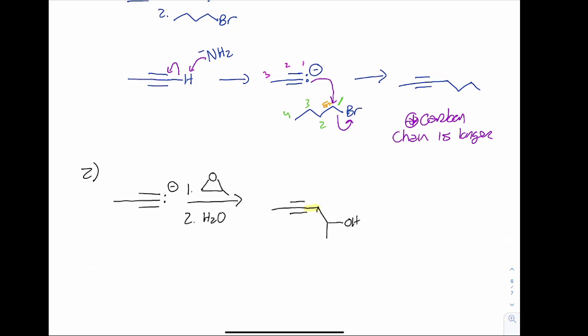I know that stereochemistry looks kind of weird, but I just want to make sure that I'm showing that those are anti to each other, not that methyl group. So my notes that go with this: it is an SN2 mechanism, right? My acetylide ion, my nucleophile, attacks the least substituted